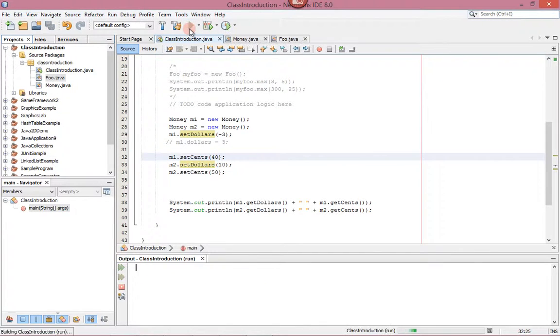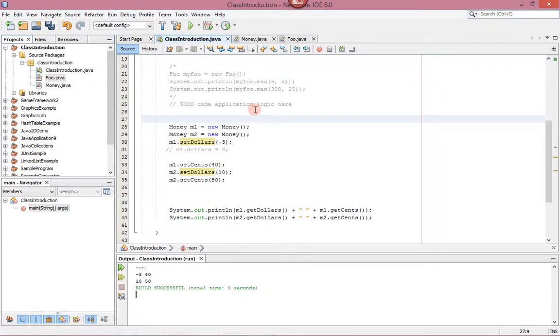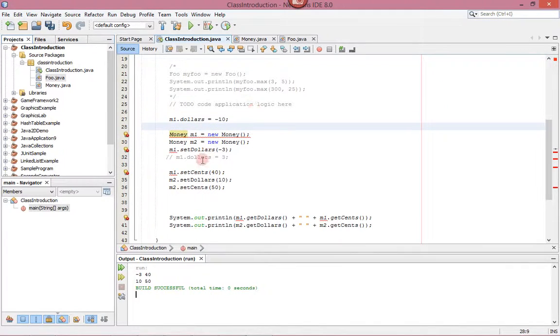And so if I run this new one, then now dollars is now negative $3.40. And maybe you want this to represent actual physical dollars, not a virtual amount. So maybe you don't want to allow negative dollars and negative cents. Well, if we had this public the old way, where we could say m1.dollars equals whatever, there's no way to prevent us from adding like negative 10 as the dollar amount. But